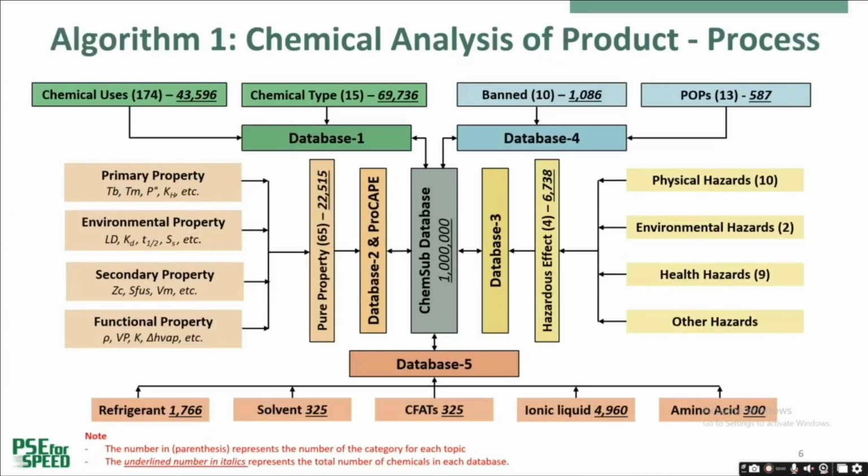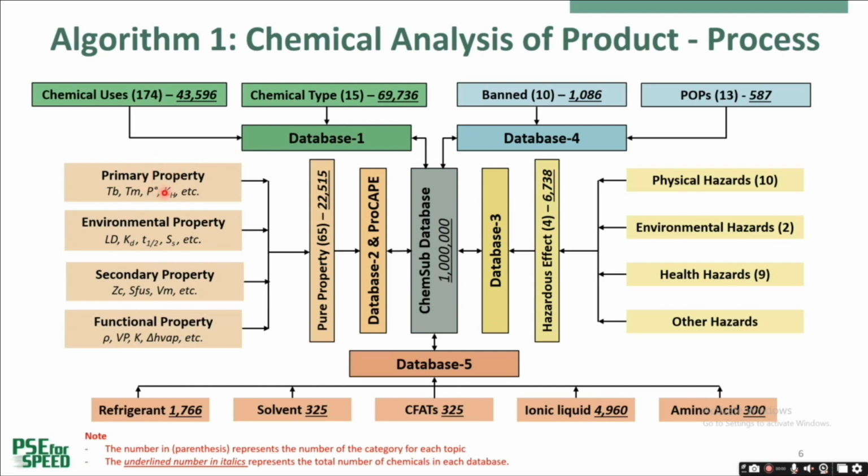Here, we would like to introduce the ChemSub database structure. The analysis of the product or process is processed through 5 databases. Database 1 includes basic information and specifications of the chemical, which are chemical uses and chemical types. Pure property includes 65 properties of chemicals,